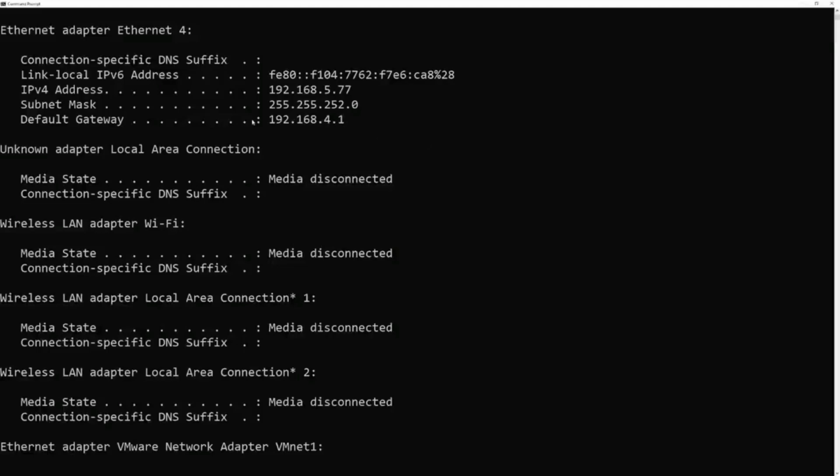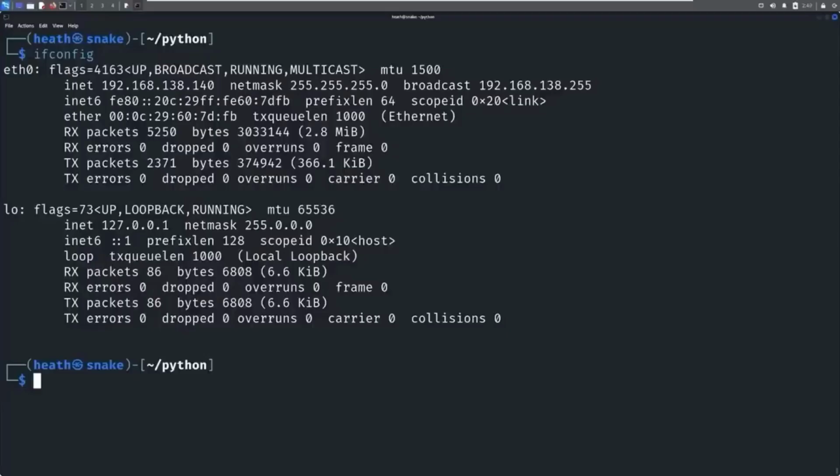192.168.4.1. So make sure you know your gateway or what your router's IP address is, or that you have a machine that you can scan that you know might have port 53 or 80 open, or you need to modify your script to make sure that you can scan for something. But I'm going to go ahead and scan my 4.1 because it should have some stuff open. So if I do python3 scanner.py, and I'm going to come in here and just do 4.1,